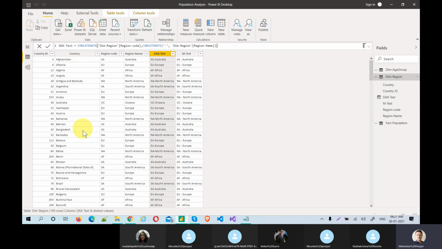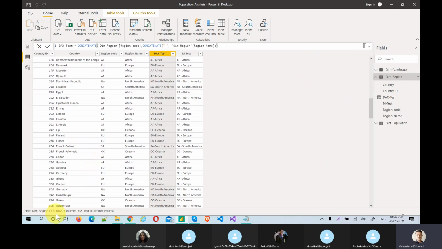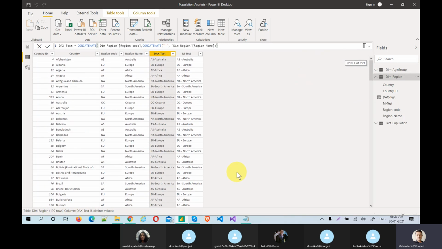Okay, what is the number of rows? It could be 199 rows. So it's easy, it might take a minute or so, but when the table size is very big, with millions of records, and you make any changes in the custom column, that will take time to load. Each and every time the table is loading.